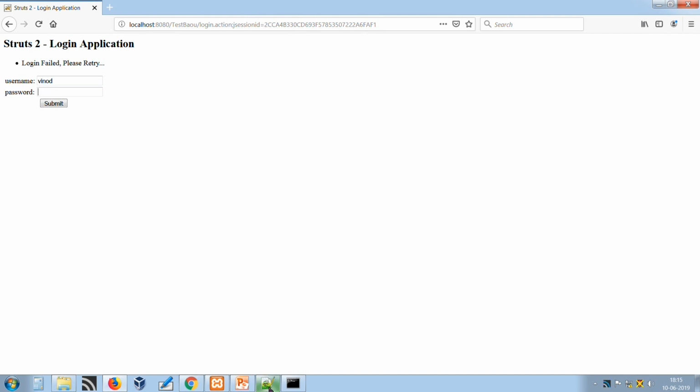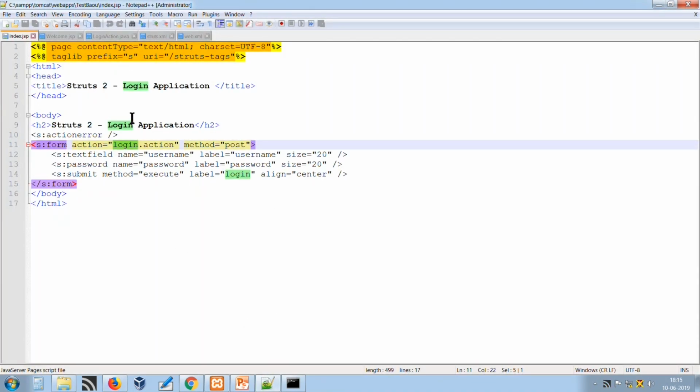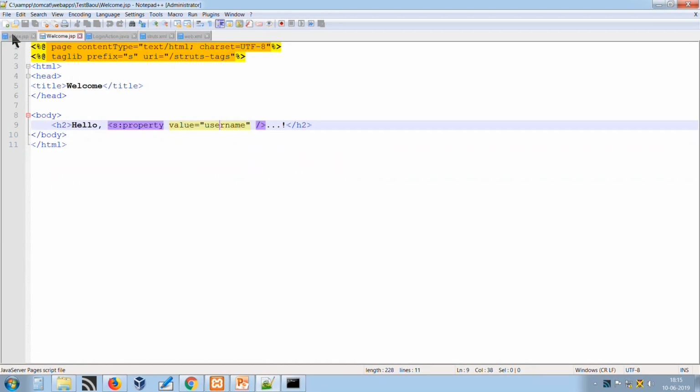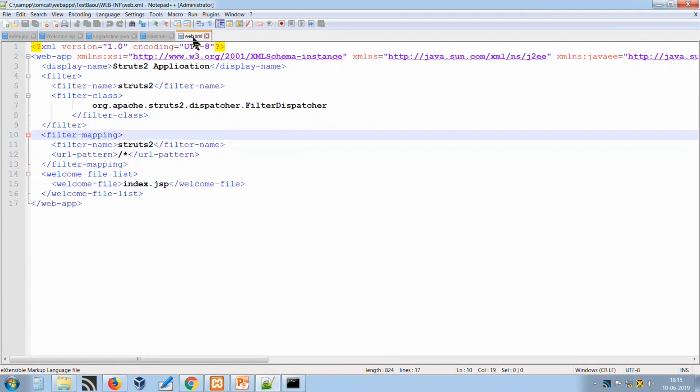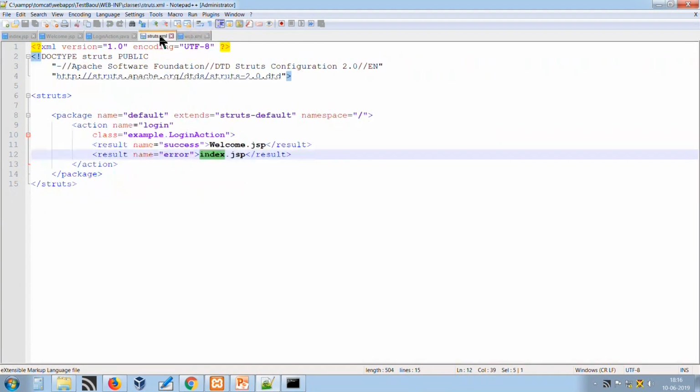This is all about struts-based applications that we have discussed in the struts environment. We have executed the struts application through two presentation layers, two views we can say, then one controller and the configuration files in terms of web.xml and struts.xml.